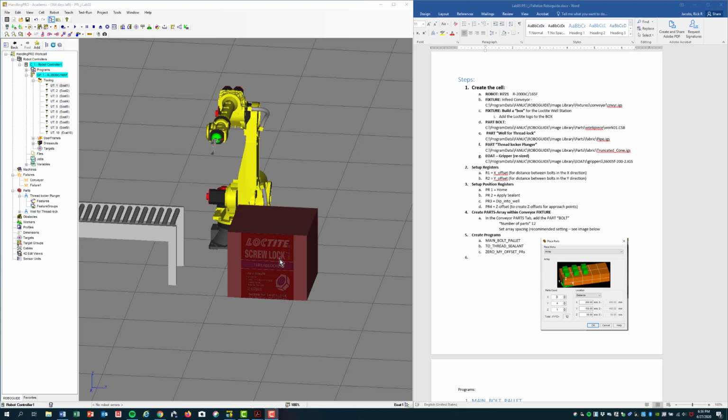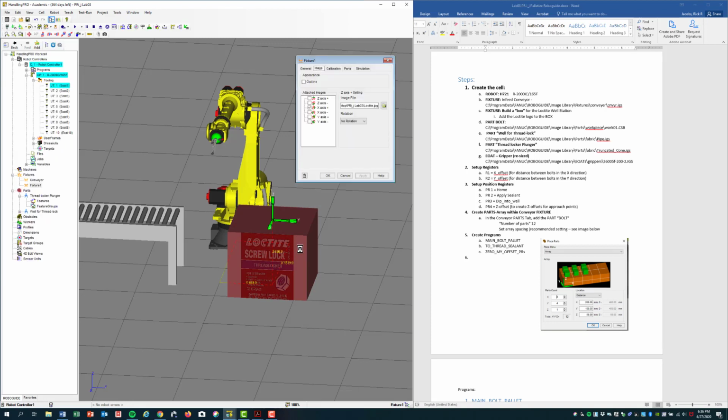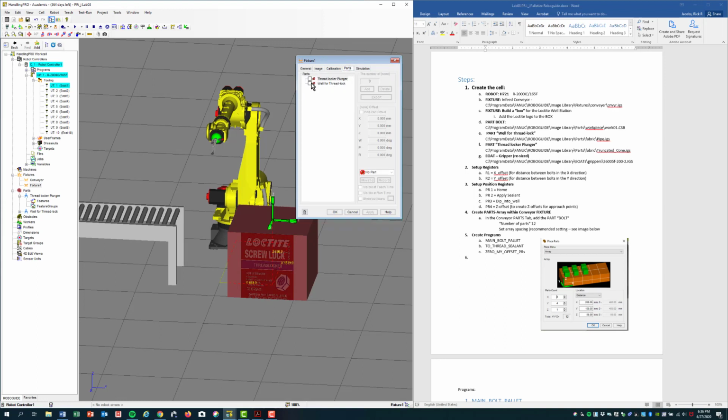Next, let's add our parts to our fixture. We'll start with our applicator well. Double click on it, go to the parts tab, and click on the well. So you can see the importance of adding identifiers or part names for each one of our parts. I'm going to put the well for the thread lock on this fixture. Apply,